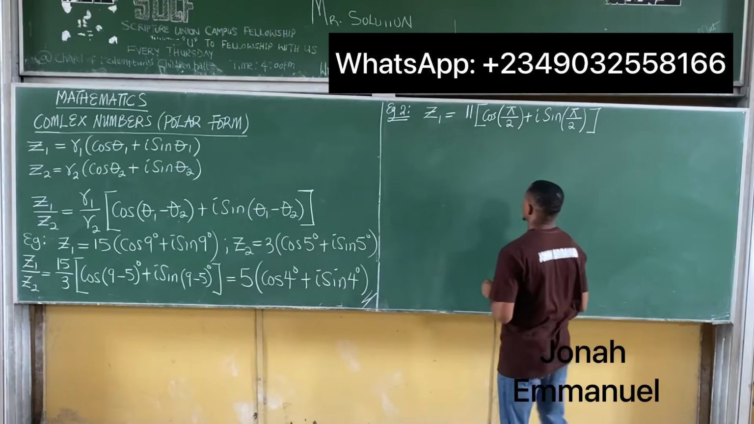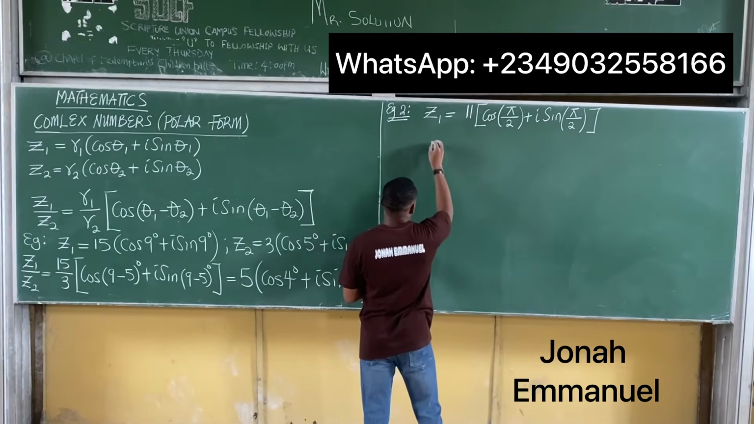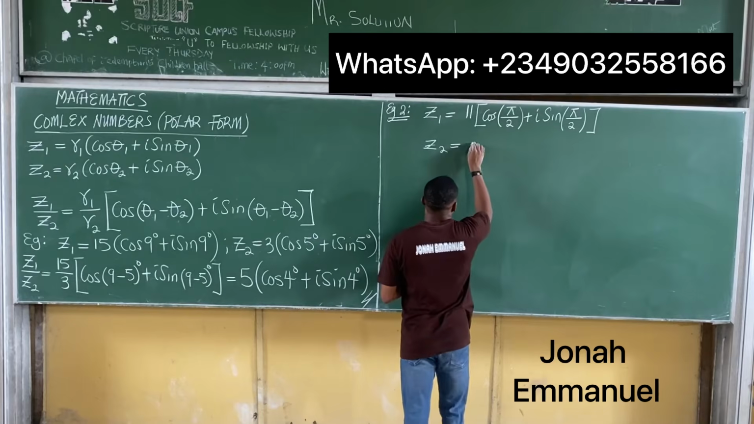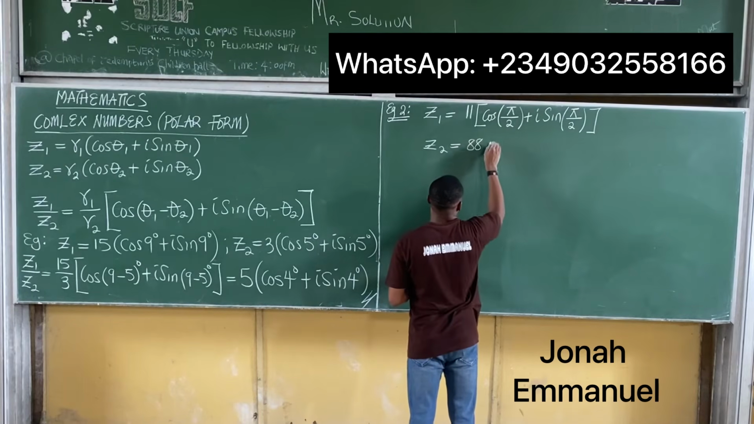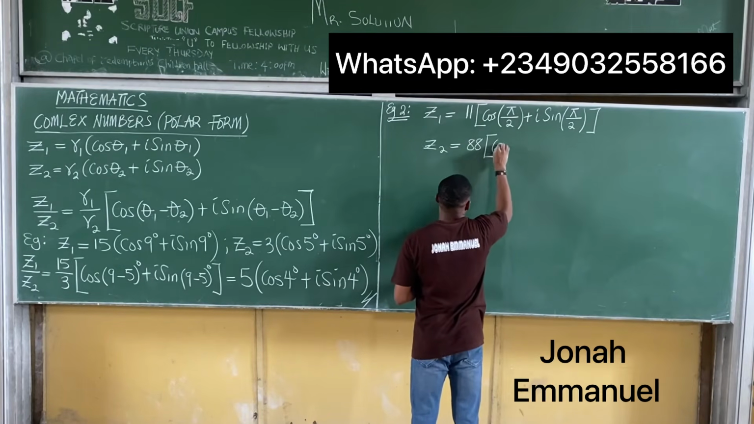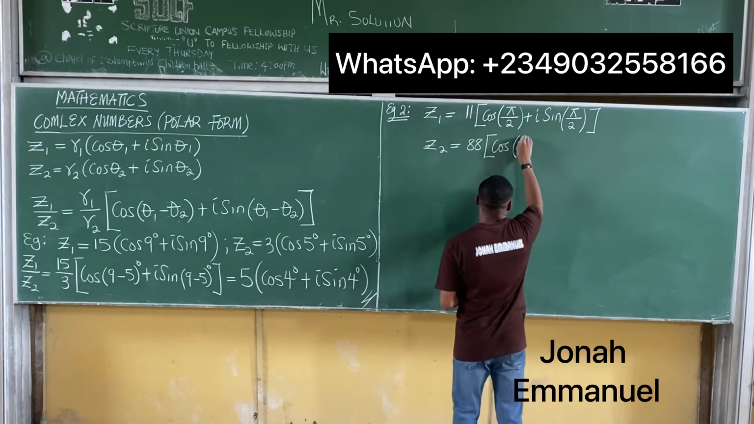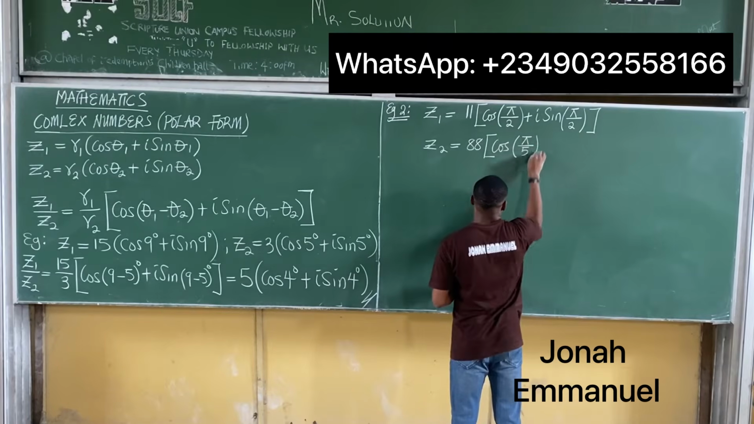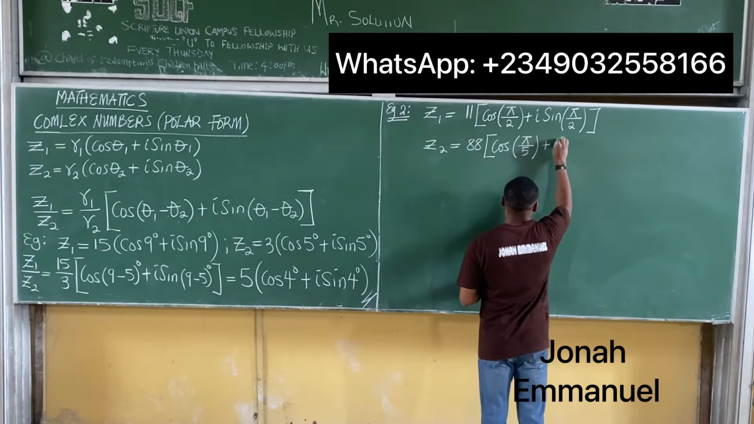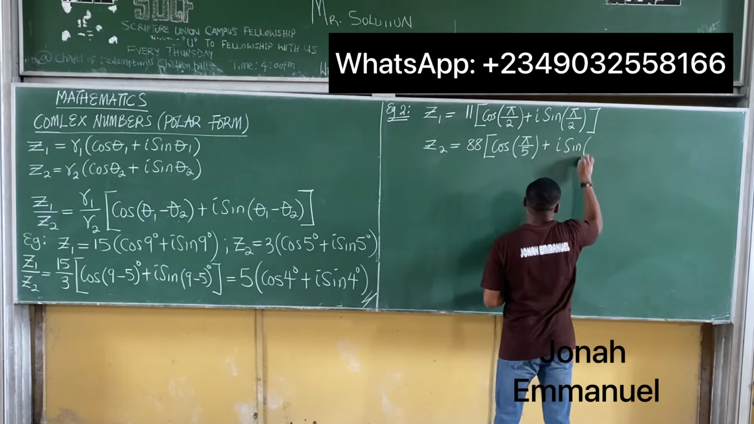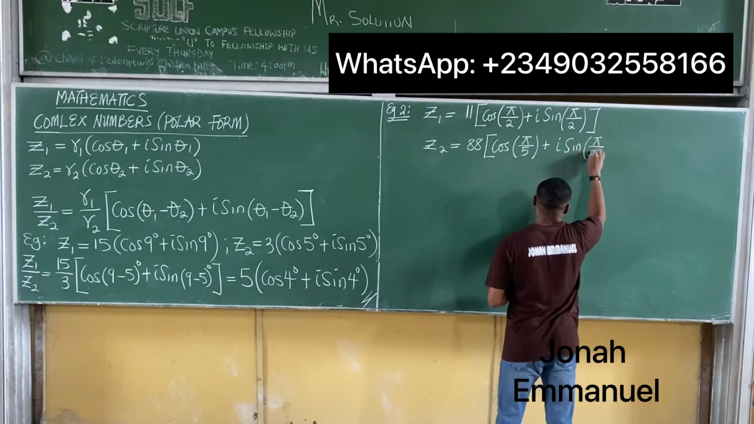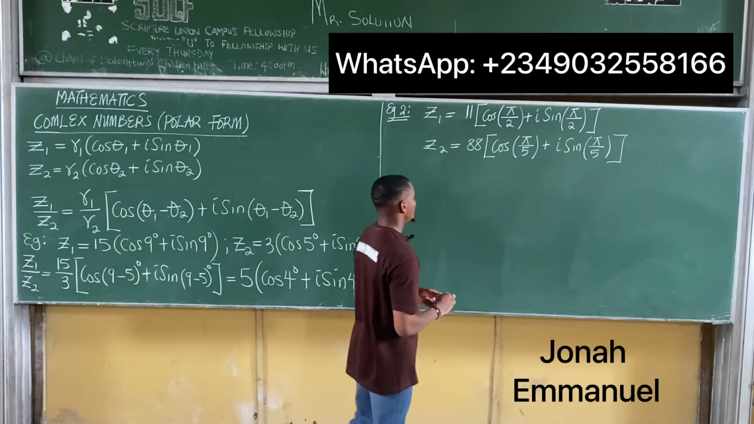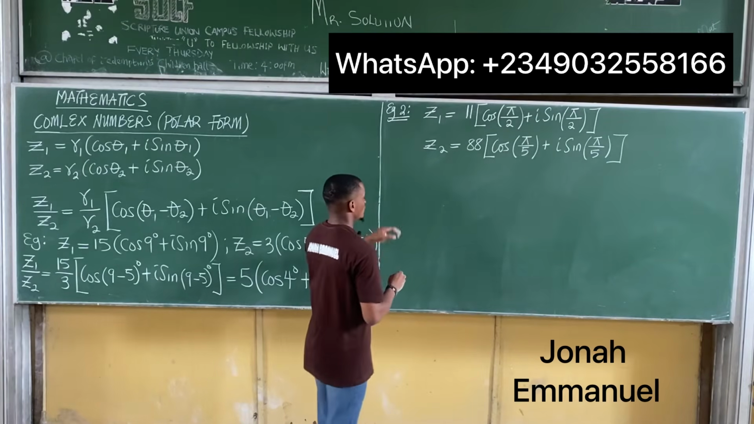And let's say we have z2. So we have z2 as being equal to 88 into (cos of pi over 5 plus i sine of pi over 5). Let's say we had this one here. We have to find the value of z1 over z2. So from here,